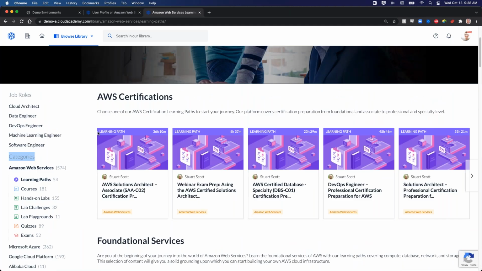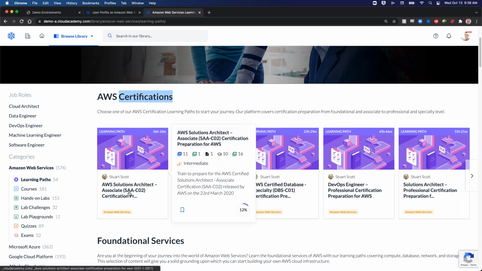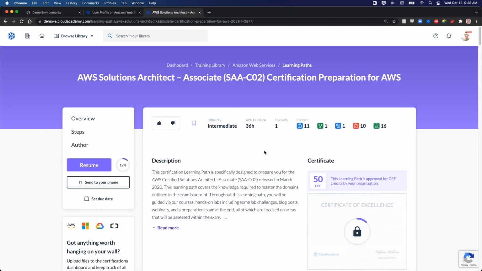Narrowing down on the learning paths, as I mentioned, we've already pre-built learning paths for all certifications. Amongst the most popular is going to be our AWS Solutions Architect Associate. And where the training plan was the mechanism to assign training, the learning path is how we organize our content